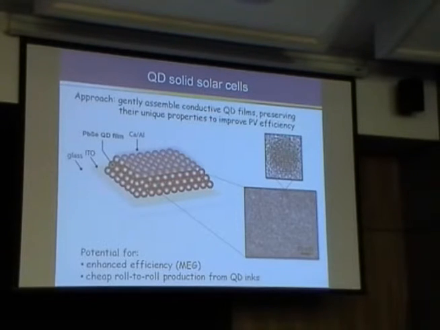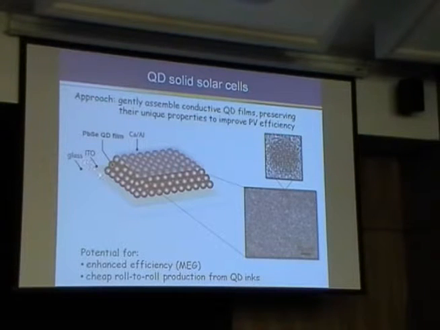And so that's what I'm going to focus on for the rest of the talk, these quantum dot solids. So the idea is pretty simple. We want to make, by some method, a conductive quantum dot material, and we're going to focus for all of this talk on the lead compounds. And then sandwich this thin film in an electrically asymmetric environment that allows for charge separation and charge collection to be achieved. So in this particular case, we show an example where I've got a lead selenide